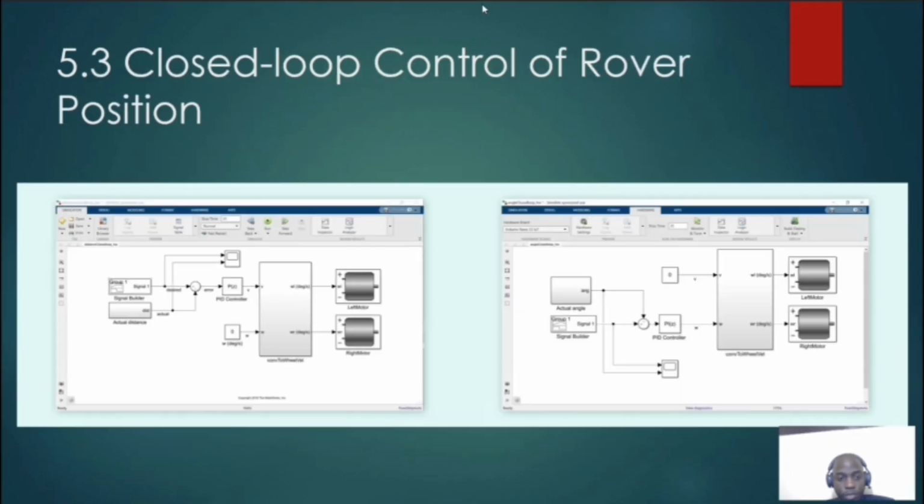So for our next slide, we want to ensure accurate movement. So we implement a closed-loop PI controller within our Simulink model for both distance control and heading. The PI controller basically takes the difference between the desired position and angle, and the robot's actual position, and calculates the control command essentially. The proportional part of the